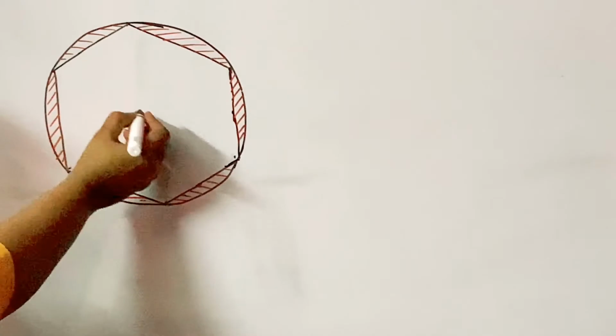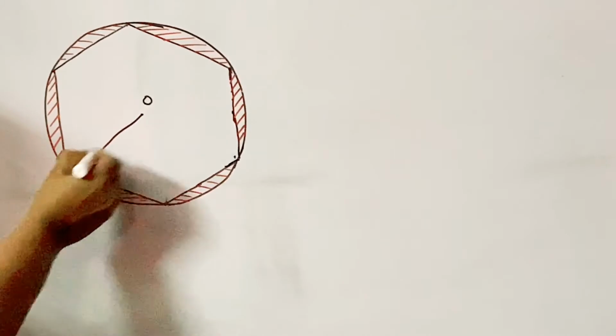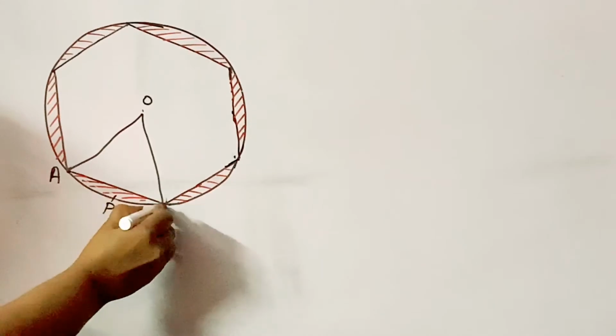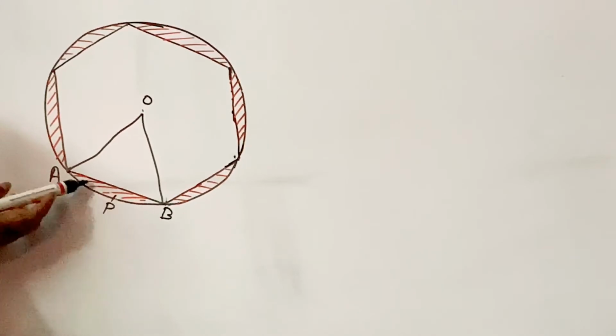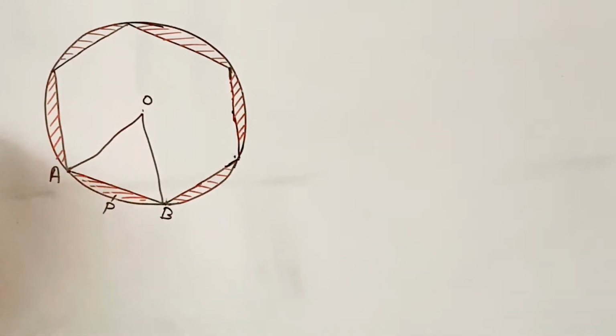Okay, look here. How will you make a sector here? Sector OAPB. Area of this part or area of this design is equal to area of the sector OAPB minus area of the triangle OAB. Area of the sector is theta by 360 into pi r square. Then here what is theta? This angle. How will you find out that angle? Look here, you can divide.